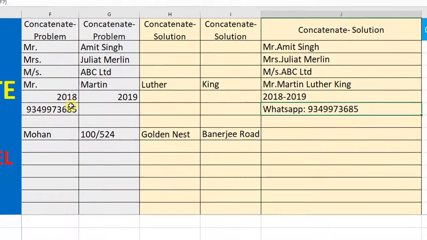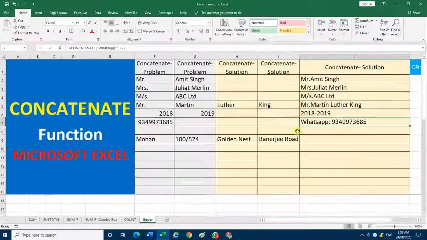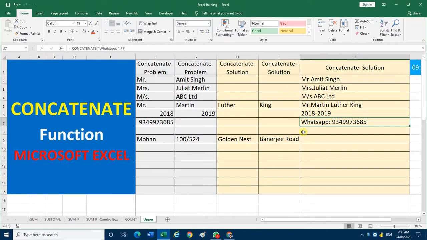The usage of the CONCATENATE function is that if you have huge data, most of the usage of Microsoft Excel is working on large data. If it is small data or a few items, we can do it manually. But if it is very huge data, it will be very time-consuming. So at that time we want to use this type of function. Here in a column we have thousands of mobile numbers. Before that mobile number we want to specify whether it is a WhatsApp number, mobile number, or residence number, whatever we want to specify, we can write it.